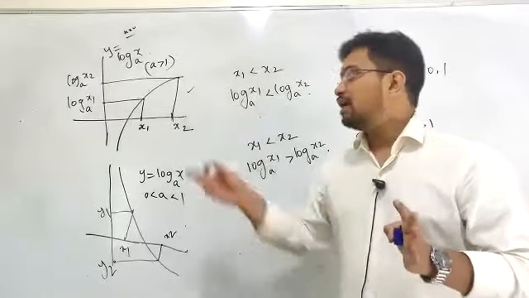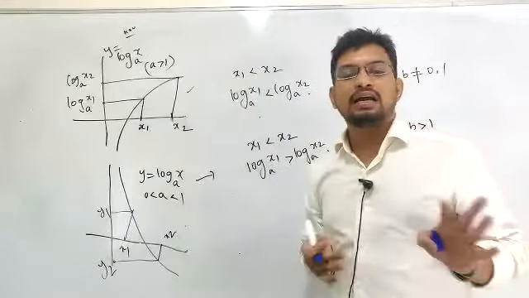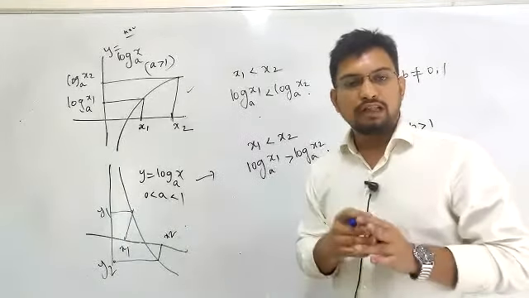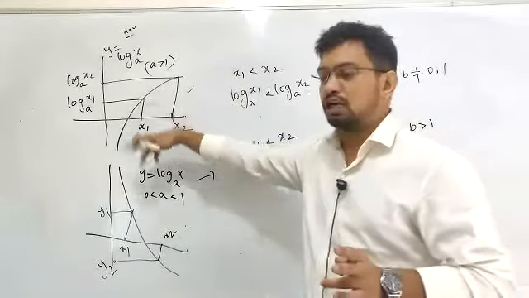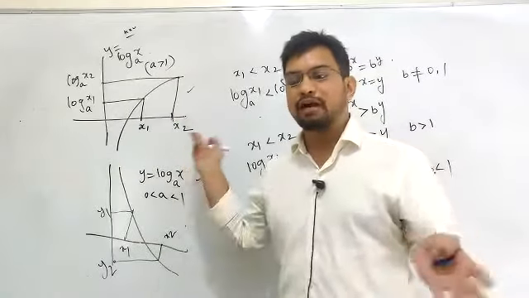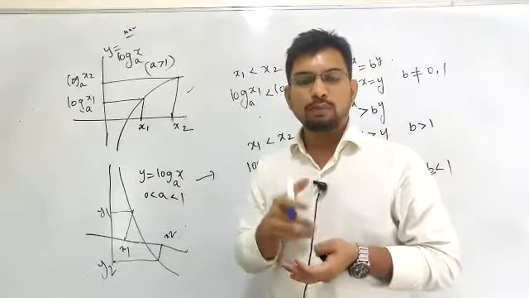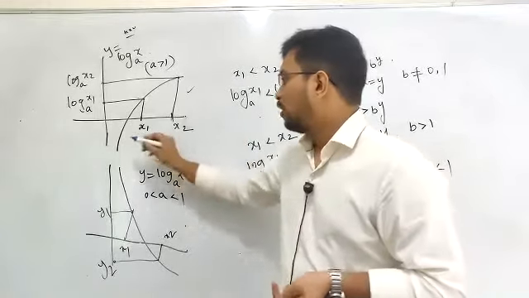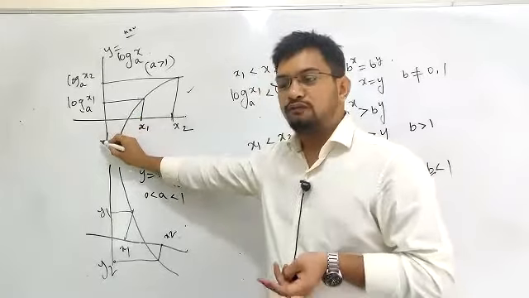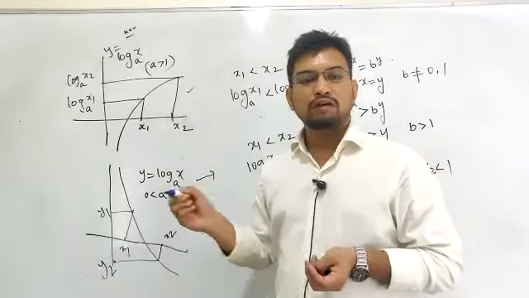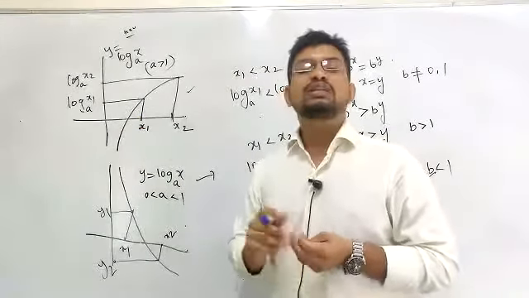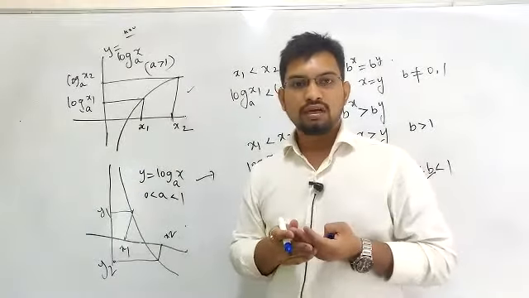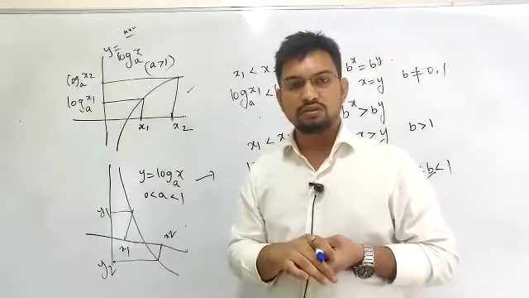Now with respect to this inequality, we'll come in the reverse direction. We can go in the reverse direction because there is a one-to-one correspondence. It is a strictly monotonic function, so there will be a one-to-one correspondence. For each value of x, there will be a unique value of y generated. For different values of x, there will be different values of y. So there will be one-to-one correspondence. If x is known, we can produce y uniquely, and if y is known, we can produce x uniquely.